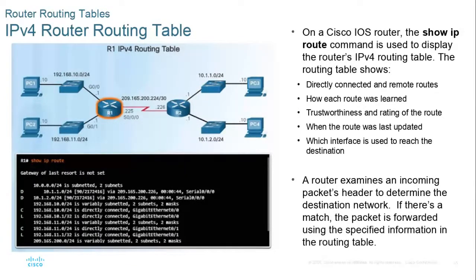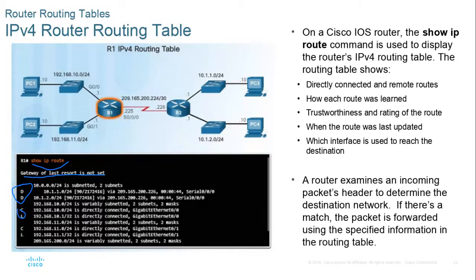If I want to look at this, I'm going to type the command show IP route. So here in the print, we've got show IP route. And oh, this slide has EIGRP, which we don't use anymore. We use OSPF. They should have used an example with OSPF instead. But when we look at the lines in this routing table, we've got some remote routes that were learned via the routing protocol EIGRP. We have some local routes, directly connected routes, and no default route has been set yet